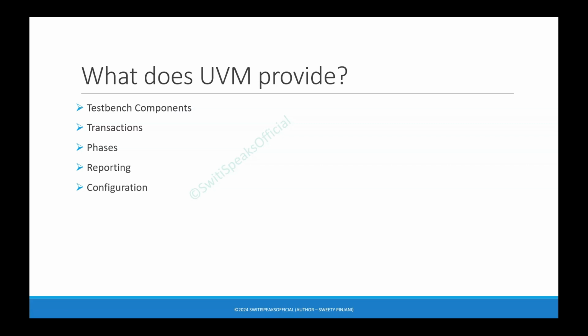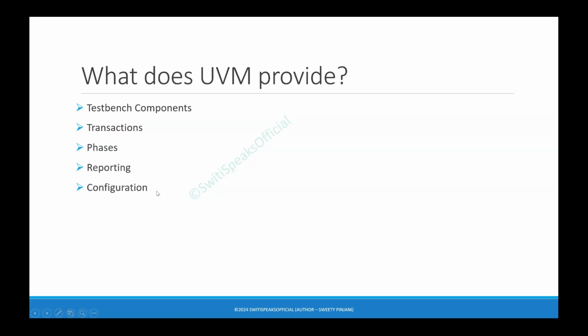Another thing which UVM provides is configuration. There is a very important concept in UVM which we call config DB, which is the configuration database. We are definitely going to see this in detail because it is a very important concept. For now, just remember that UVM has a config DB which allows the user to store and retrieve configuration information for different test bench components. Say I have a particular configuration information and I want my configuration to be uniform throughout all the different test bench components.